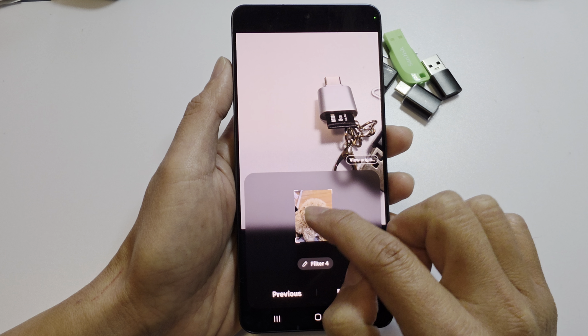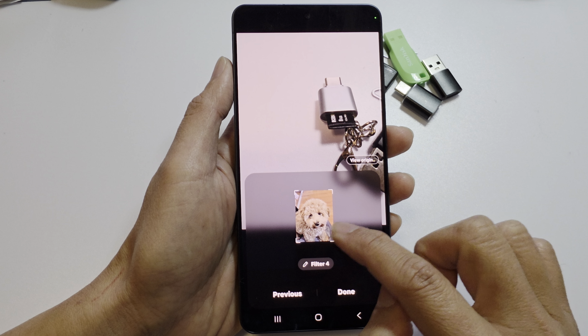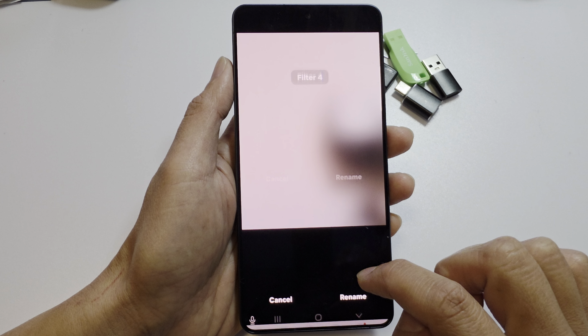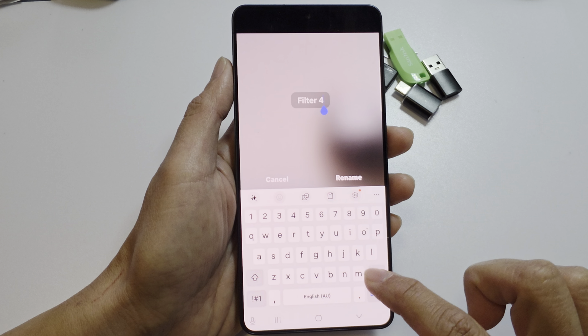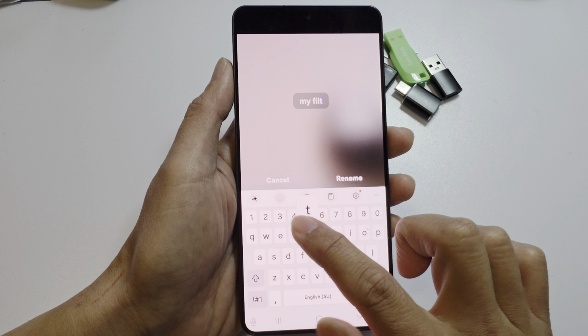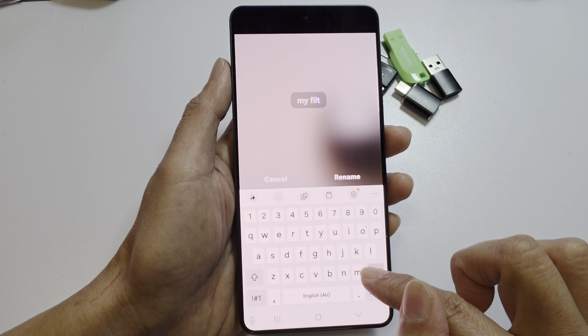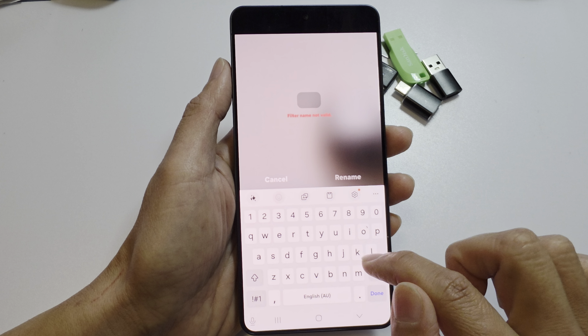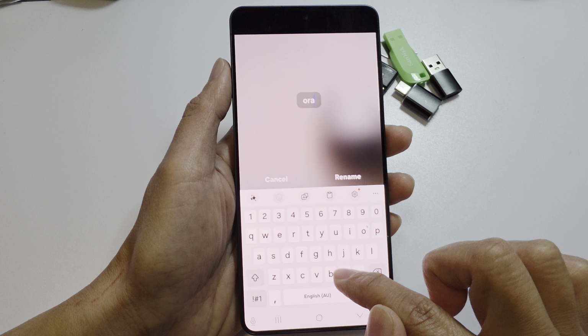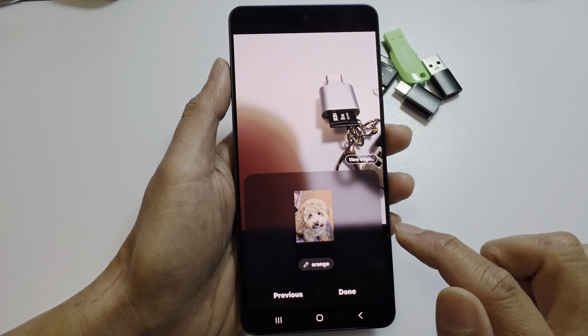So based on the picture's background color and foreground color, it will allow you to create a custom filter. Here I will give it a name, so you can name your filter. Okay, it doesn't allow too many characters, so I'll name it something simple, orange, and then tap on rename, and